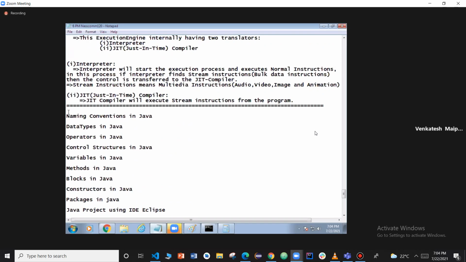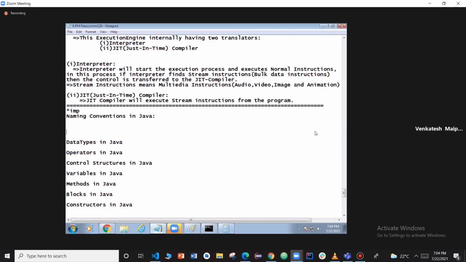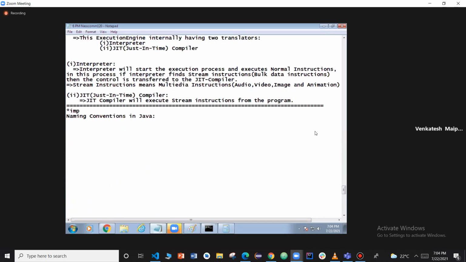So now the course comes to the star mark IMP: naming conventions in Java. Naming conventions mean the rules which are used